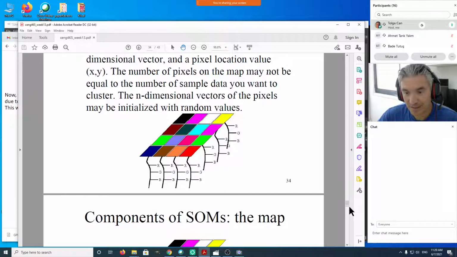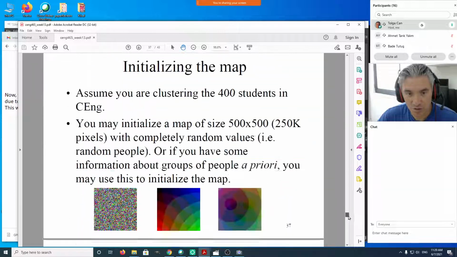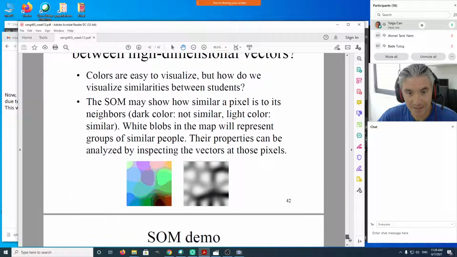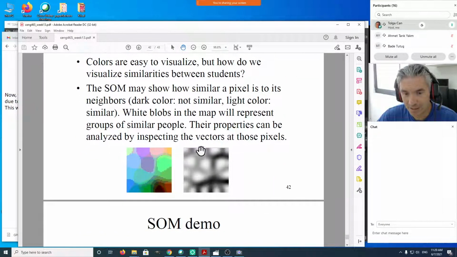You would need something like this to visualize the map. Let me just show you right here at the end. You would be able to visualize them like this if they were 100-dimensional. And this is an interesting visualization which shows that even if they were 100-dimensional, we would be able to obtain something like this grayscale view of the self-organizing map, in which if two neighbor pixels have similar 100-dimensional values, we